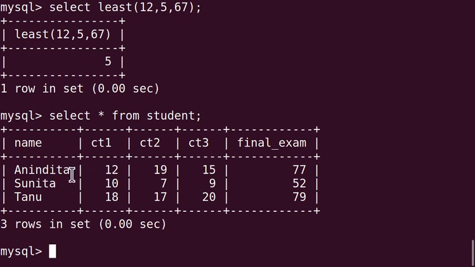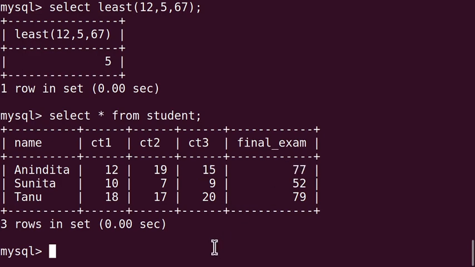Of these 3 students, 3 marks are recorded here: first, class test 1 marks, then for class test 2, how much she got, and for class test 3, what is the marks given here. And last, the marks for the final exam are also given.